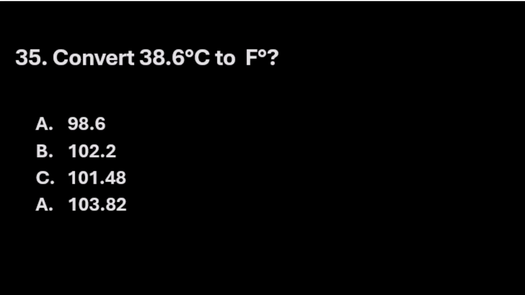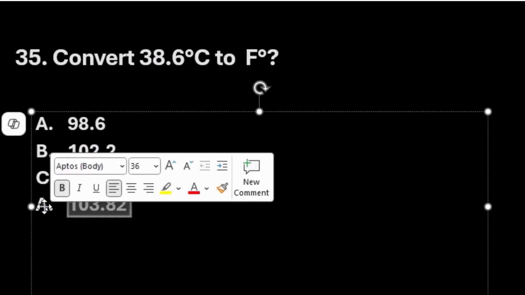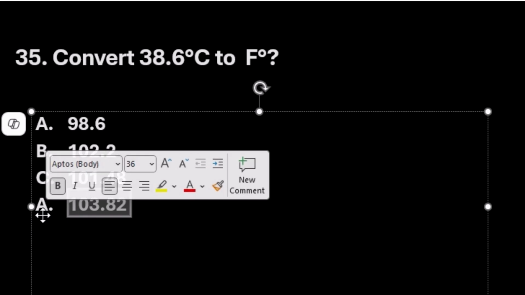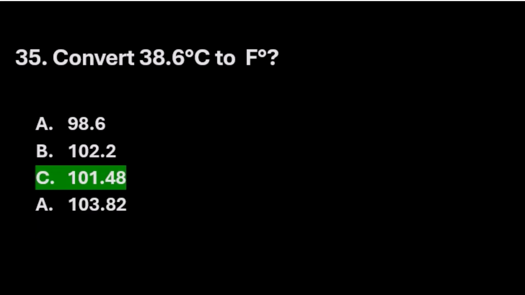Option A 98.6, option B 102.2, option C 101.48, and option D is 103.82. Let us see the right answer. Here a correction. Please read this as D. This is a typing error. Right answer is option C